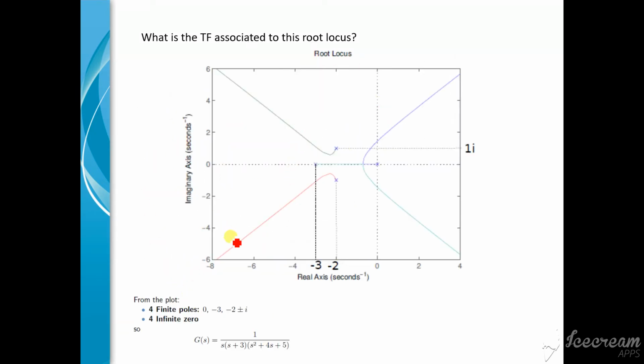It's another example here. What is the transfer function associated to this root locus? We have s equal to the 0, s equal minus 2, and if you find the root of here, we have a 2 pole here, 1 pole in the origin point, and 1 pole is equal to minus